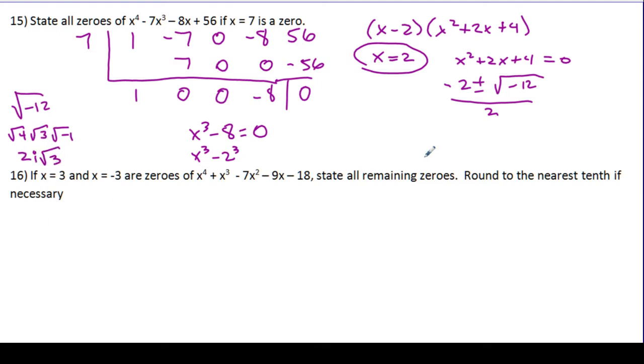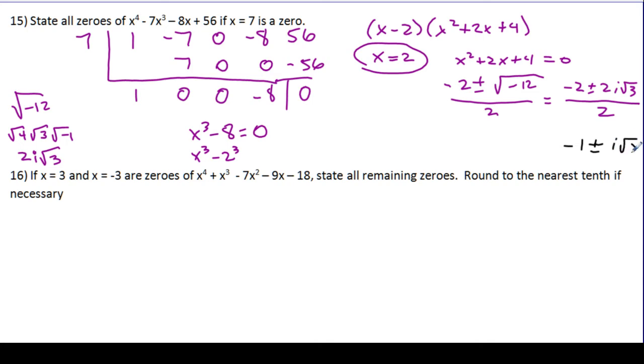I can't really do anything with that. Okay? So I'm going to now turn this into negative 2 plus or minus 2i root 3 all over 2. I have one more little simplify to do for these zeros, and that's going to be all these 2's on the outside. I have negative 2 over 2 that can be simplified. I have 2 over 2 that can be simplified. I'm going to divide away all those 2's, and I'm going to end up with negative 1 plus or minus